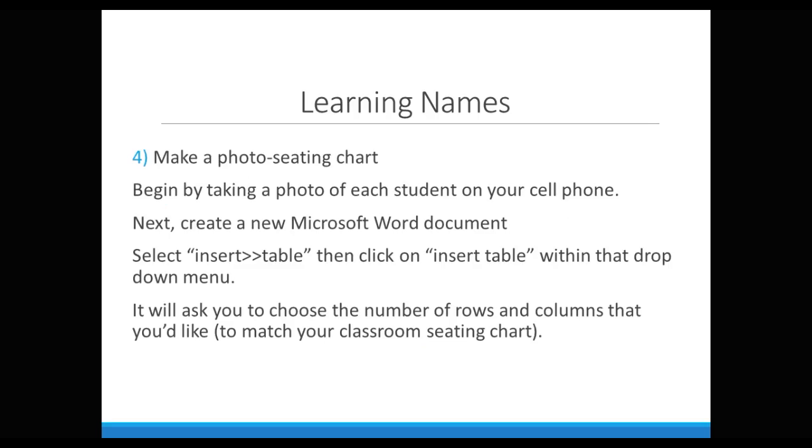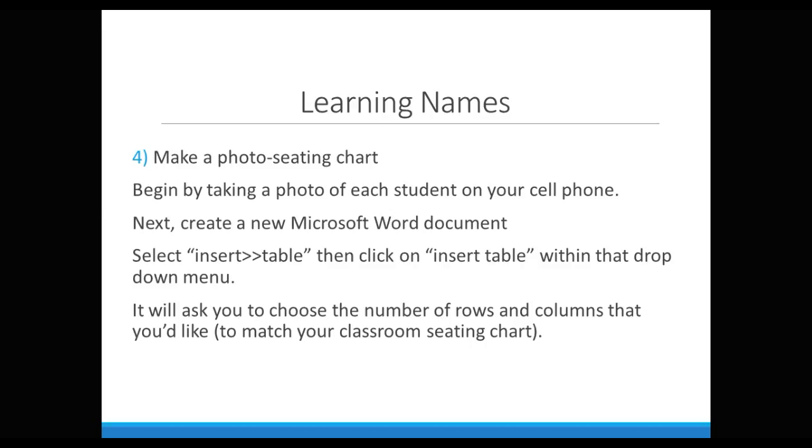Okay, number 4 is, if you want to just really give yourself an aid, a crutch that will really work, make a photo seating chart. It's so easy now. You can just use your cell phone, take a photo of each student, and create a new Microsoft Word document. You can just do this in Word, and of course you can do it with Mac Word,